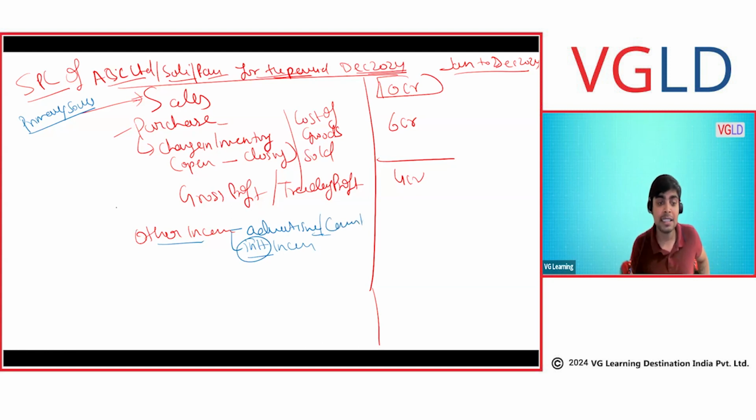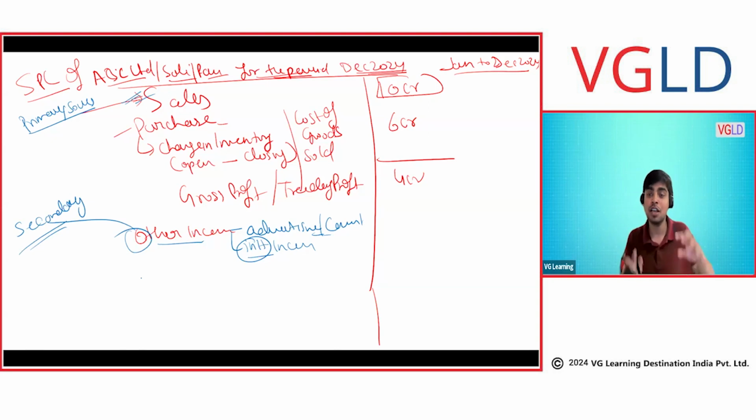Please understand, this is not primary. This is a secondary source. You do not do business for this, though you are earning from it. That's a good thing, but you do not do business for this. You do business for sales. Clear? Other income is not your primary source. You don't start a business so that you will advertise and receive commission. Maybe your main business is commission, then it will be sales. Otherwise, if your main business is selling goods or providing services, in that case you will not include it as sales. Other income is something that you do not do business for but you earn anyway.